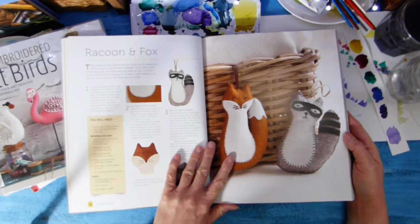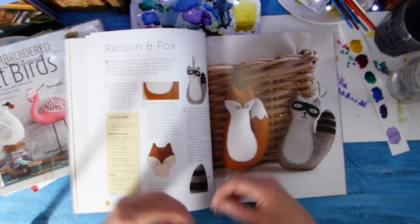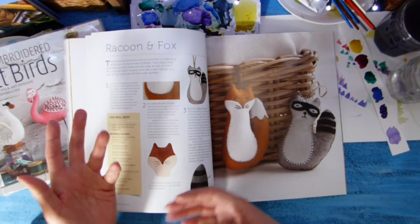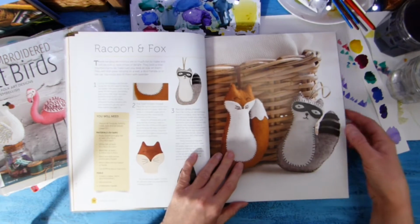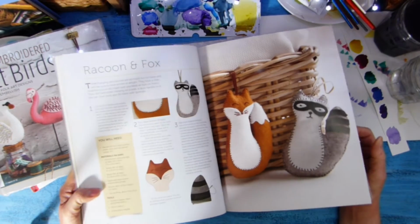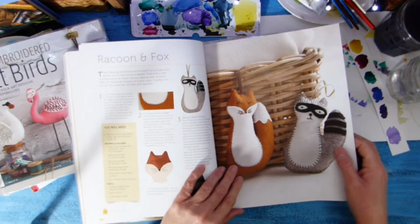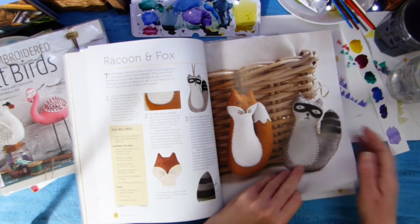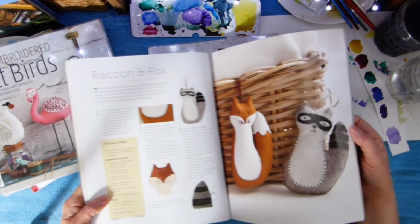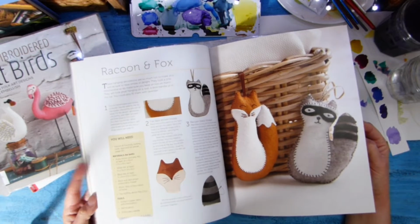I'm doing mine in watercolour, but again, my progression usually is that I start off in a sketchbook, I build up and put in, sometimes in Procreate, I then create watercolour or acrylics or mixed media, sometimes collage. I use stuff in my art journals, and then I move on into creating things with textiles. So there's usually a flow to my work, which is why I'm so inspired by these books, because this is sort of how I finalise some of my work. It ends up being textile based. Anyway, raccoon and fox,